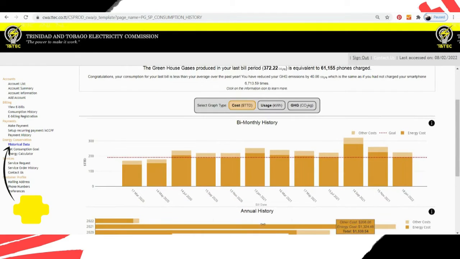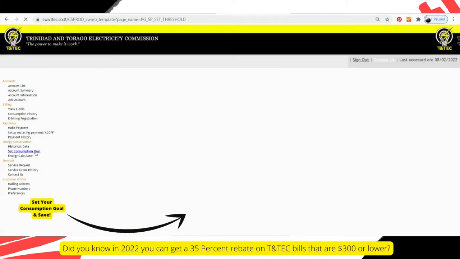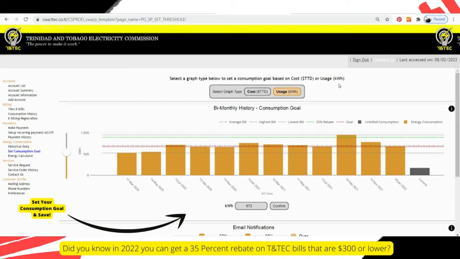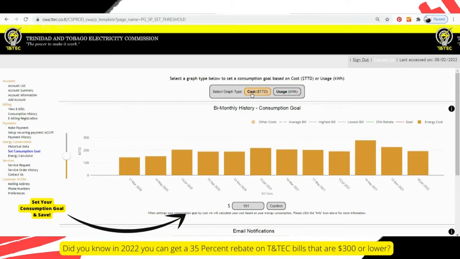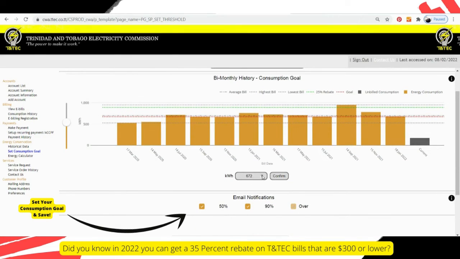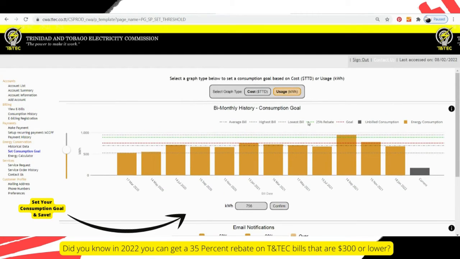Now, on to the most important cost-saving step. Did you know in 2022, the government instituted a 35% rebate on T&TEC bills, $300 or lower? What does this mean? Well, you can now set a consumption goal each month that allows you to stay below $300. You can enter this manually by entering $260 or 886 kilowatts, or move the slider on the left with